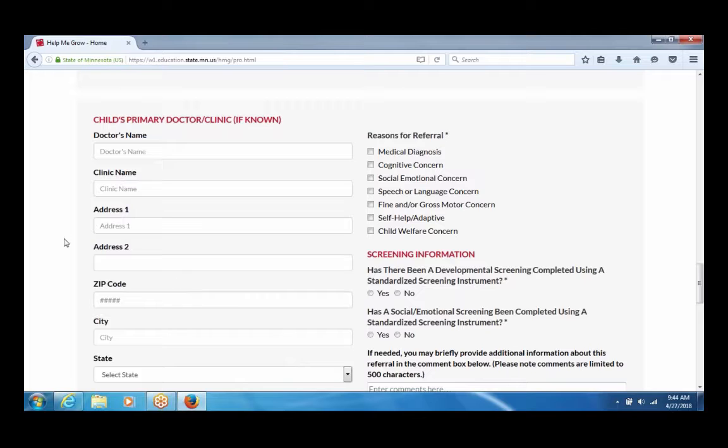You don't need to fill in the stuff that does not have a star by it. So if you don't know the doctor's names, that's perfectly fine. The reason for the referral, whatever that reason would be,